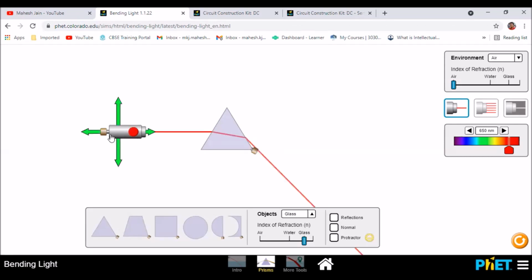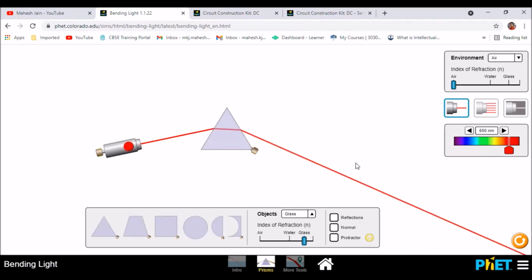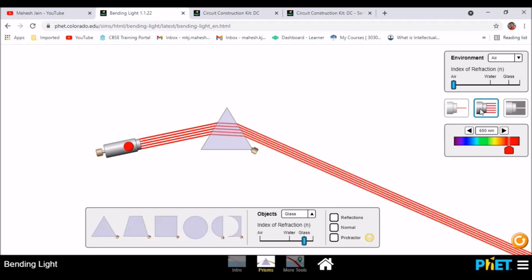You can see I can just pass on the laser light and I can see the refraction happening initially, and if I change the color of light, if I change the color from red to white, I'll get the dispersion as well. So you can see there are multiple options available. Even if we try it in our school lab, the difficulty of getting different color light is there, but here with the simulation we can try out different options. You can see multiple light rays going ahead.